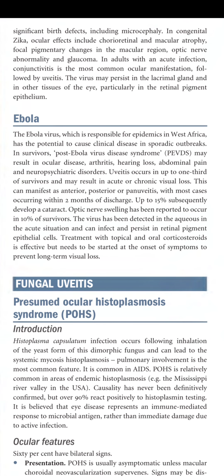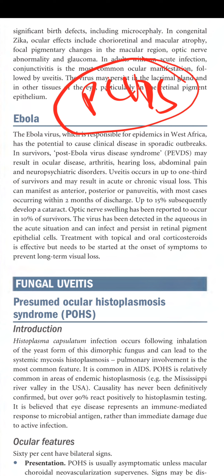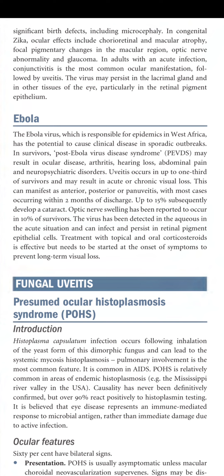In survivors, post Ebola virus disease syndrome, PEVDS, may result in ocular disease, arthritis, hearing loss, abdominal pain, and neuropsychiatric disorder. So, post Ebola virus disease can cause ocular disease, arthritis, hearing loss, abdominal pain, and neuropsychiatric disorders. Uveitis occurs in up to a third of the survivors and may result in acute or chronic visual loss. This can manifest as anterior, posterior, or pan uveitis. So, Ebola virus can cause pan uveitis, anterior uveitis, and posterior uveitis as well,